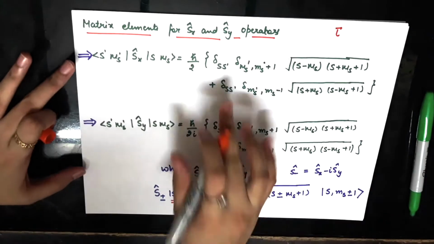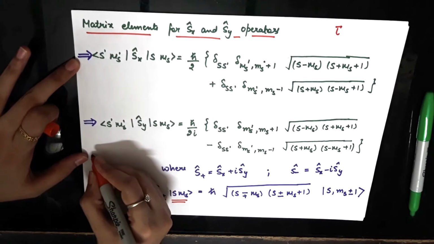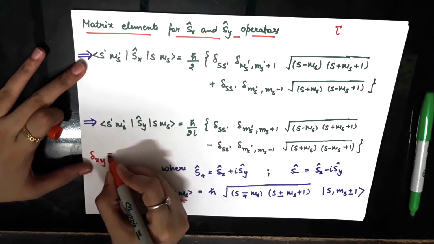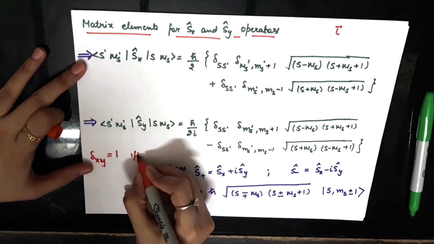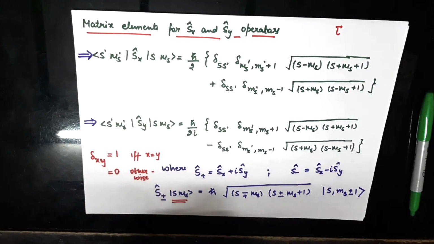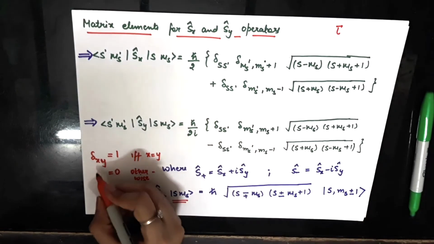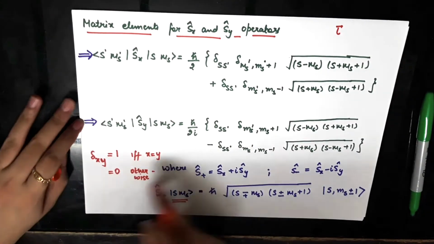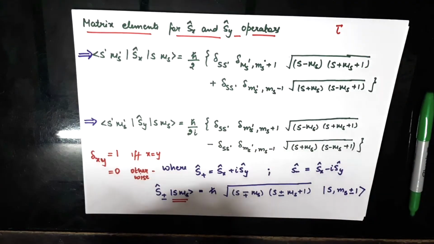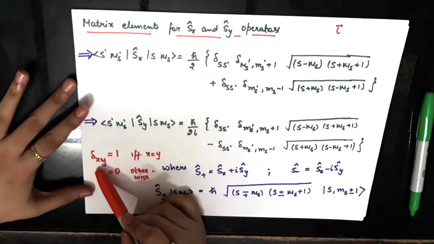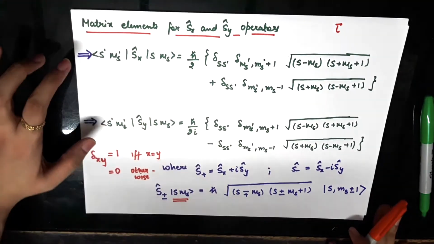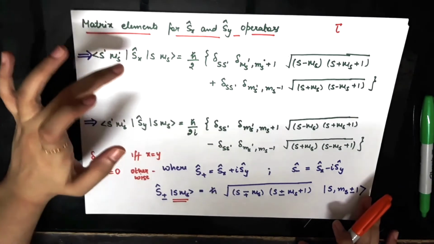And the Kronecker delta, the delta symbol that you can see here, as you might know already, but I'll just mention here that if I write delta xy, it's a Kronecker delta, it would be equal to 1 if and only if x equals y, and it would be 0 otherwise. So only if these numbers listed here, x and y, are equal, this would give you 1. Otherwise the Kronecker delta gives you 0, and that whole term will give you 0. So you first have to figure out whether that Kronecker delta survives or not, and that simplifies your calculations.